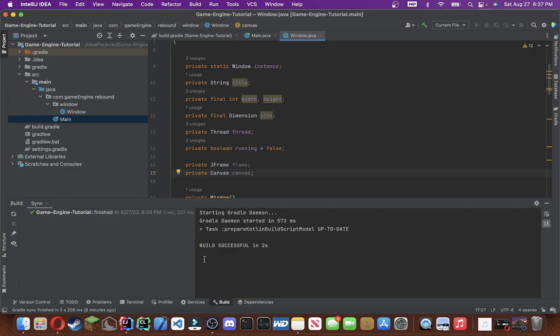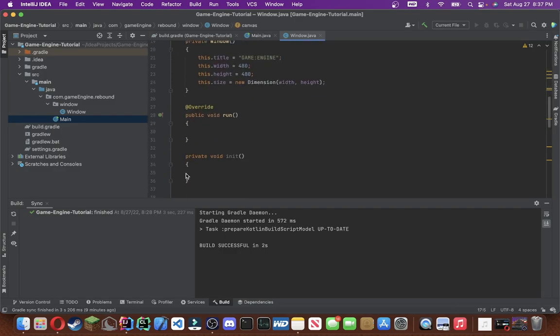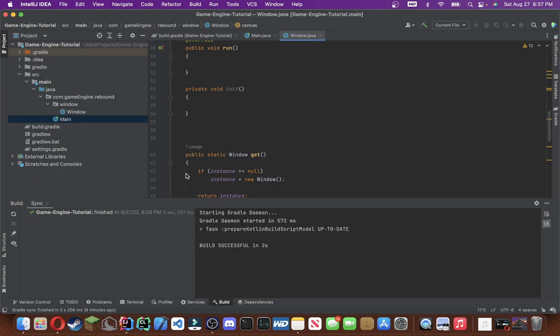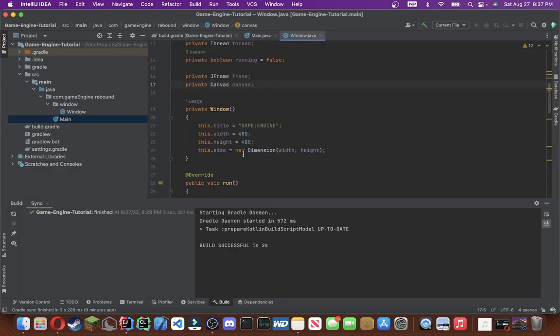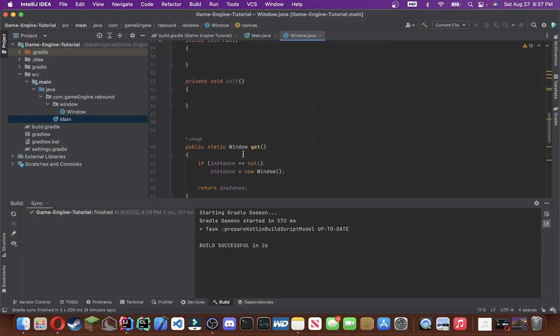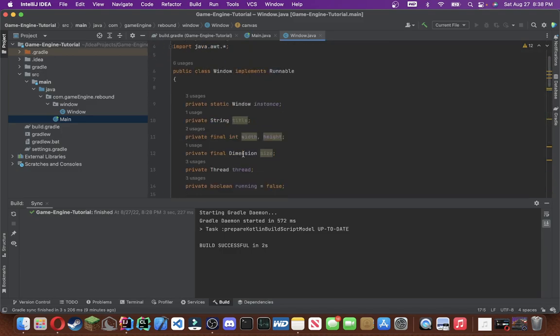And essentially how this works is we have the JFrame. The JFrame is the window itself, and the canvas is going to have all of the contents of the JFrame. It's where we're going to put pictures or draw shapes, all of that cool stuff, and the JFrame is just going to hold the canvas. All right? You can think of the JFrame as